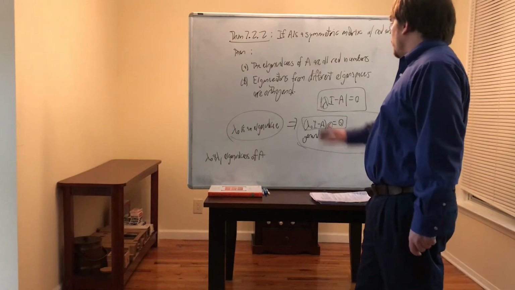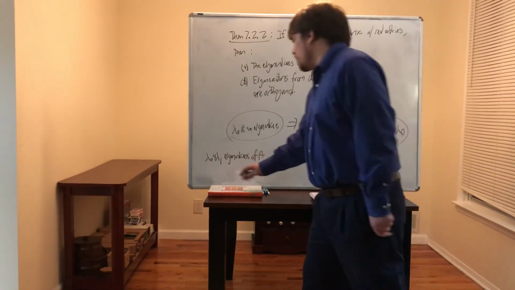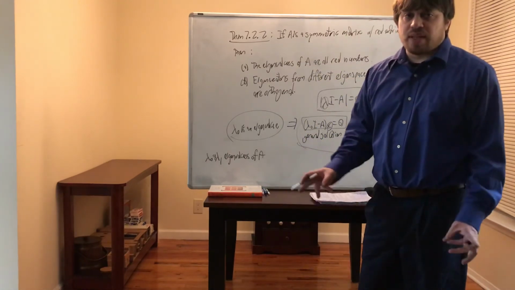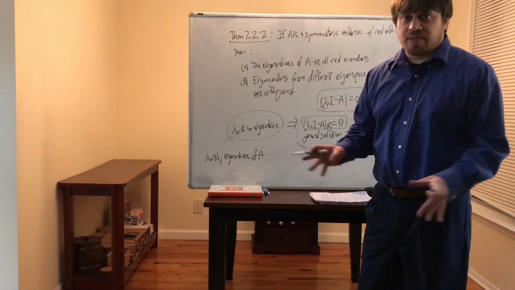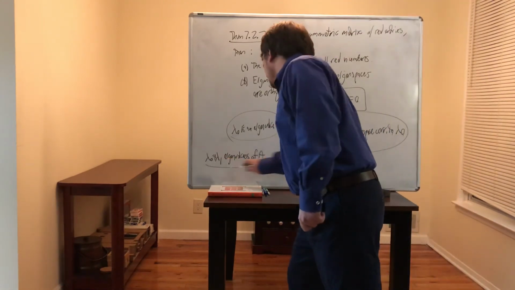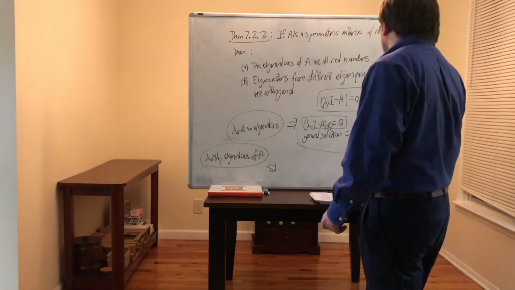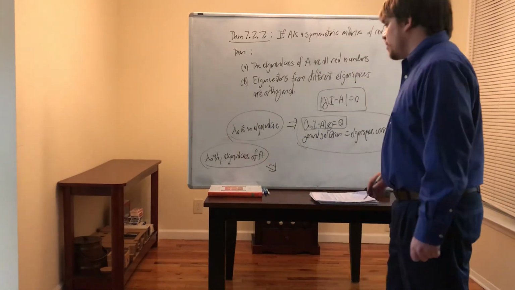So we want different eigenspaces. If we take two, we have to take two different eigenvalues in order to have two different eigenspaces. If you take the same eigenvalue, then it will have the exact same corresponding eigenspace, right? So we have two different eigenvalues of A. And if you start with that assumption, then if you look at the eigenspaces corresponding to each of those vectors,